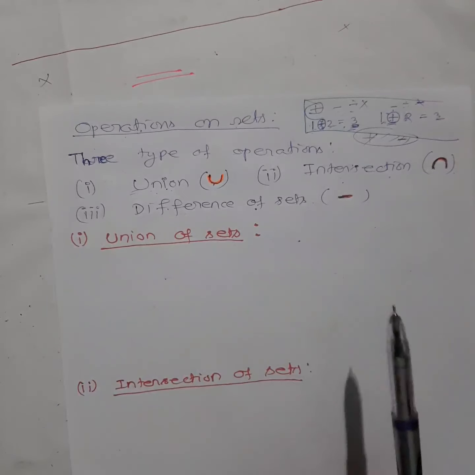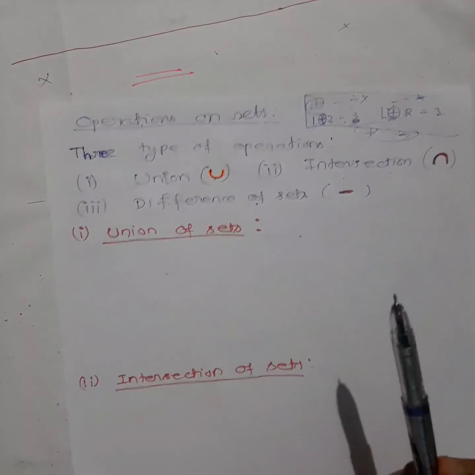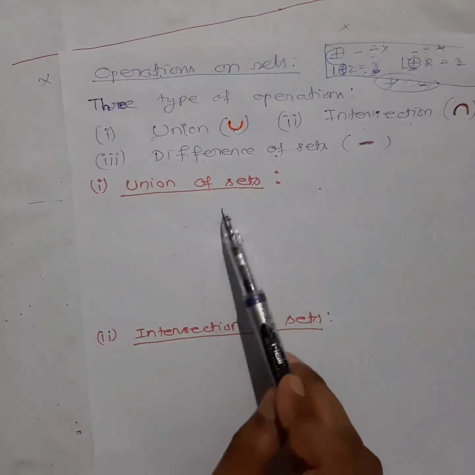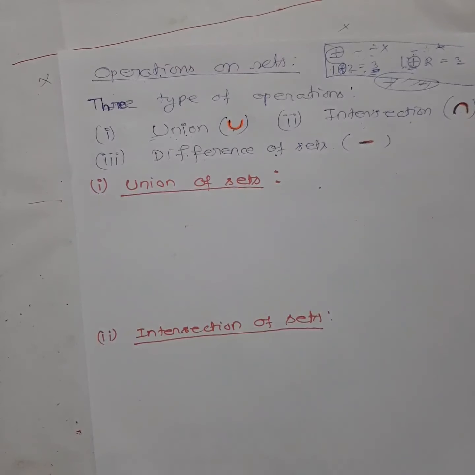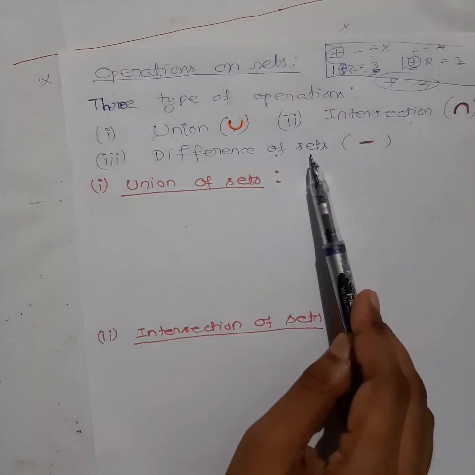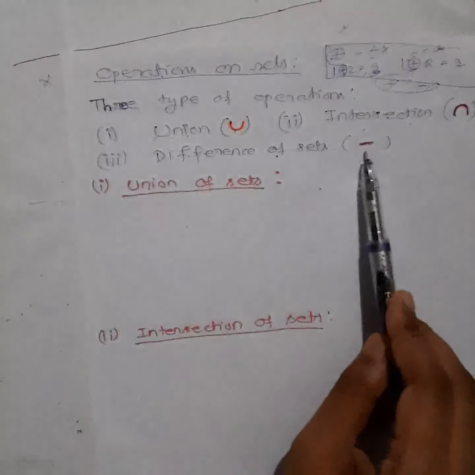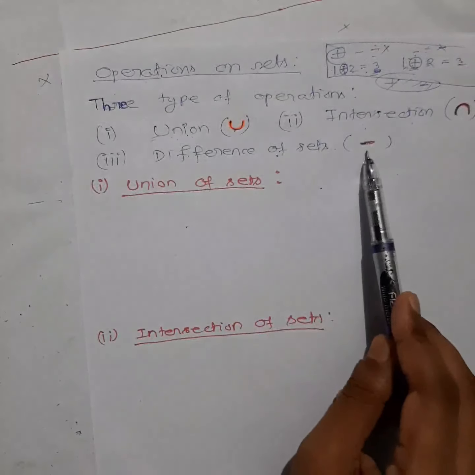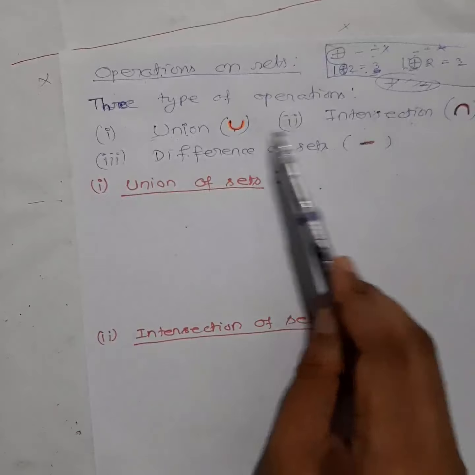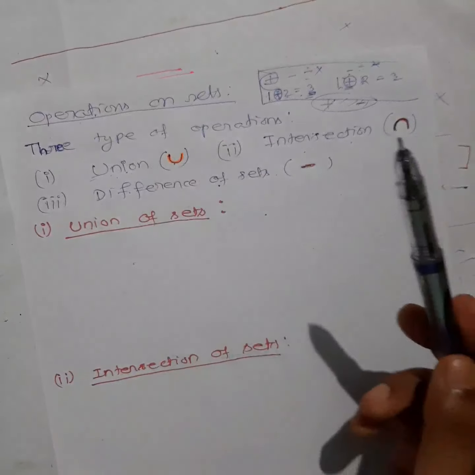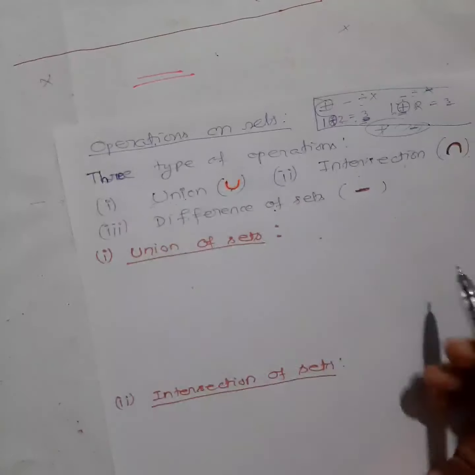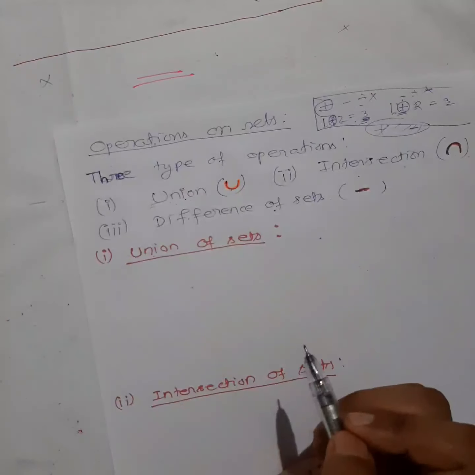That will make it much easier to understand the topic well, okay? Next will be intersection of sets, where you write down the definition and some examples. In the same way after that, difference of sets, and write down the symbol also, so that when you see these symbols, you will know what kind of operation they stand for, okay? So let's first discuss union of sets.